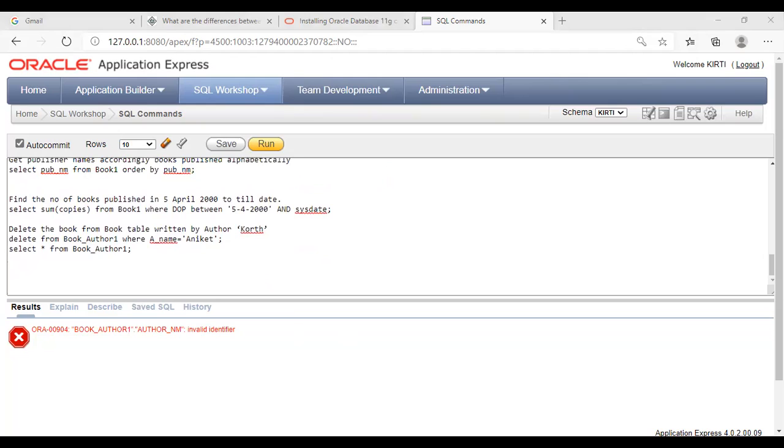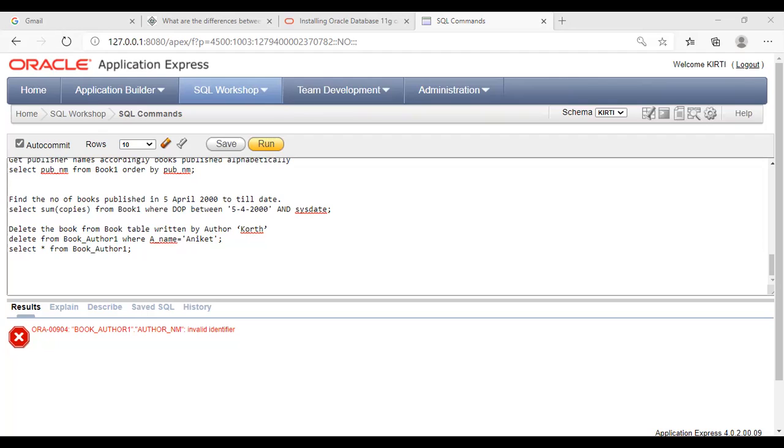So what is an inner join? Here, using different types of join operations, we have some common criteria. Book ISBN is common between both book 1 and book author 1. All of you go through this table.